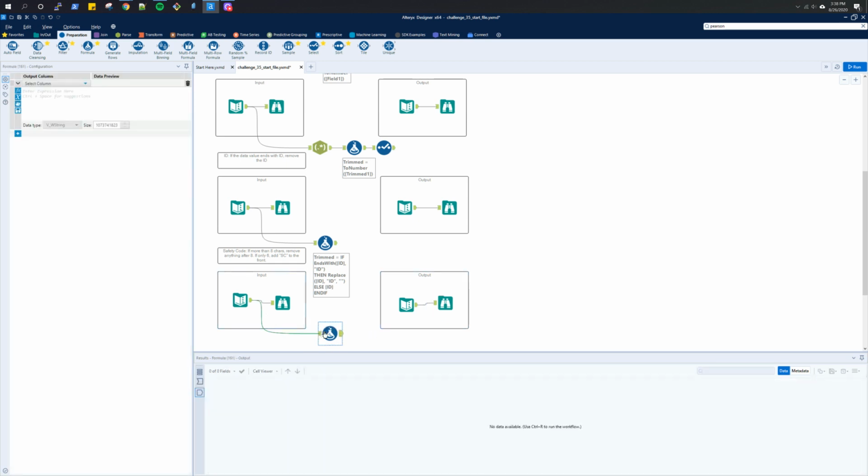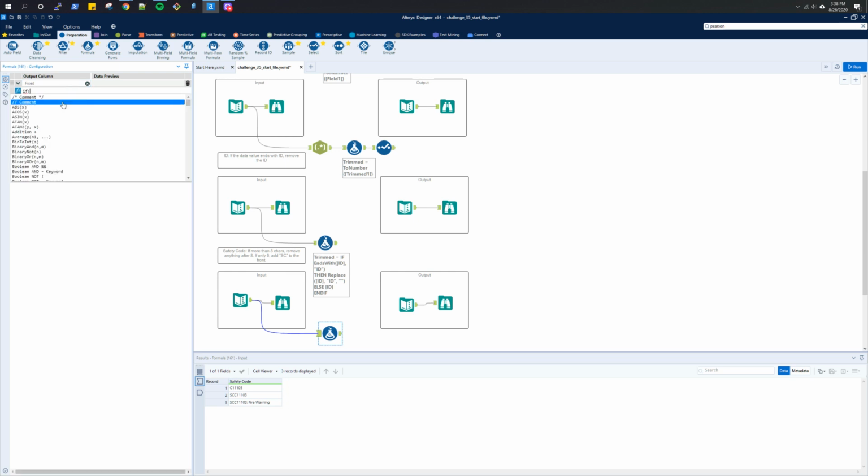Fixed. Let's create a new column, a field called fixed. So do if. Do if. So it's if the length